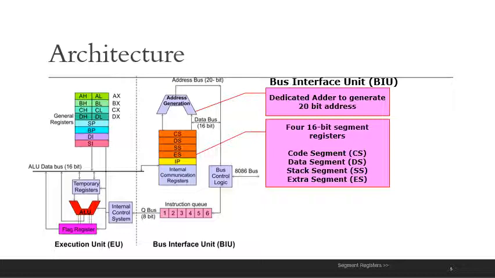Let us discuss in detail the bus interface unit. The bus interface unit manages the data, address and control buses. It functions in such a way that it fetches the sequenced instructions from the memory. It finds the physical address of the location in the memory where the instruction is stored. I will tell you what a physical address is and how the physical address is generated in the proceeding. It manages the 6-byte prefetch queue where the pipelined instructions are stored.